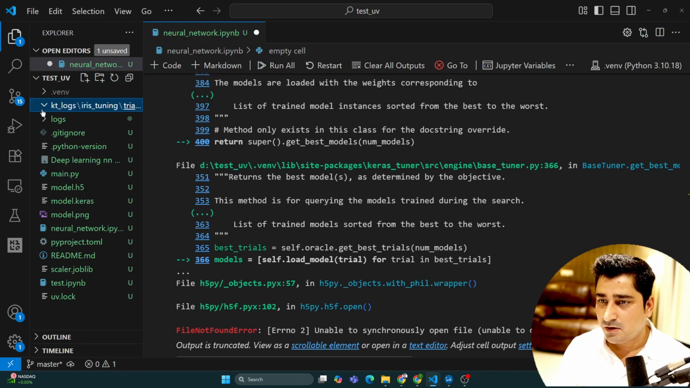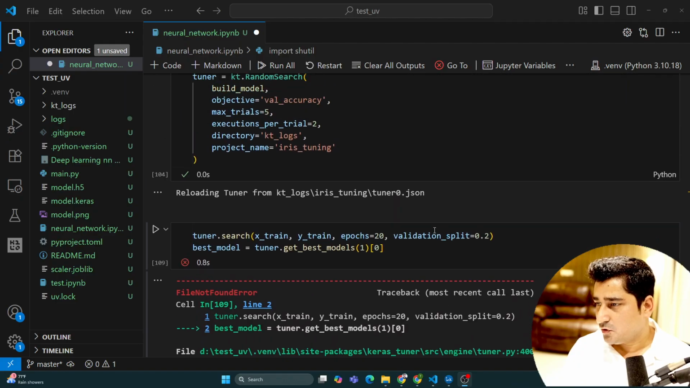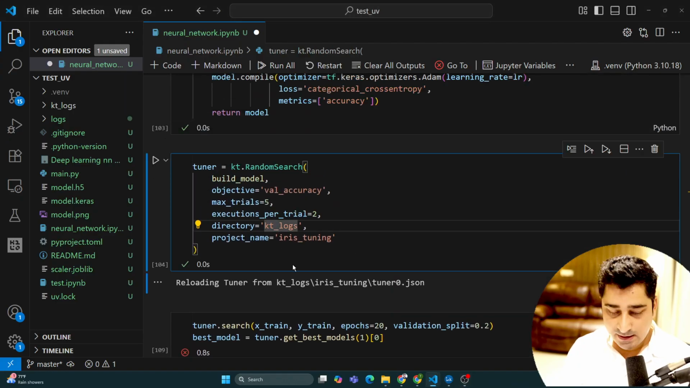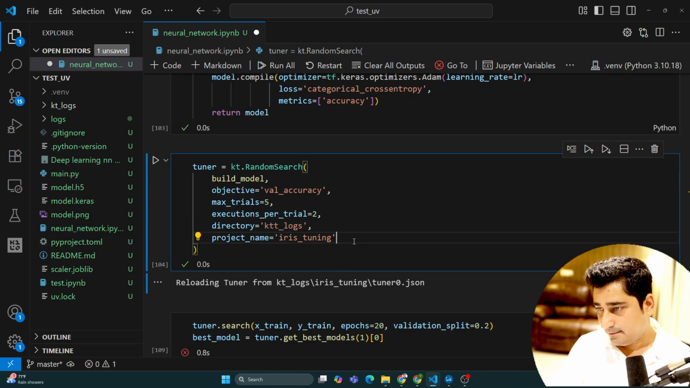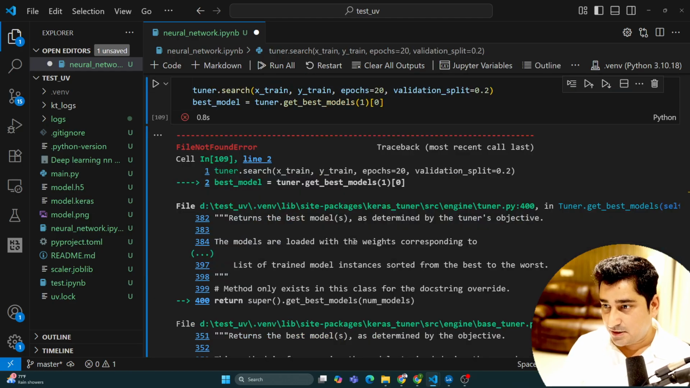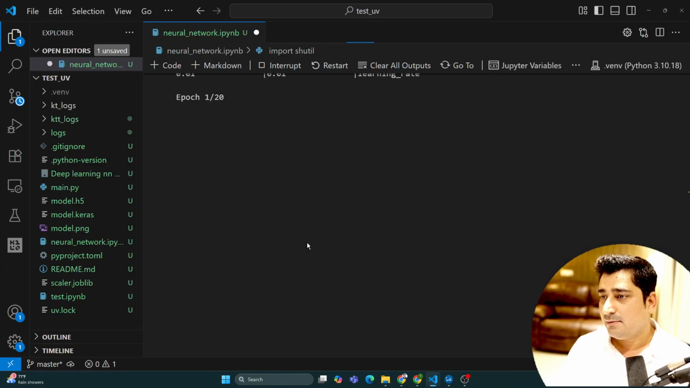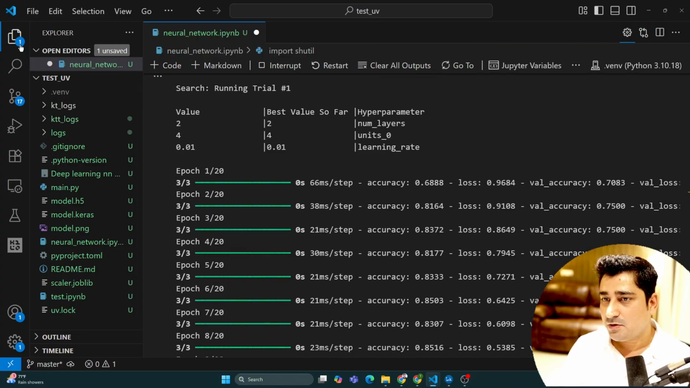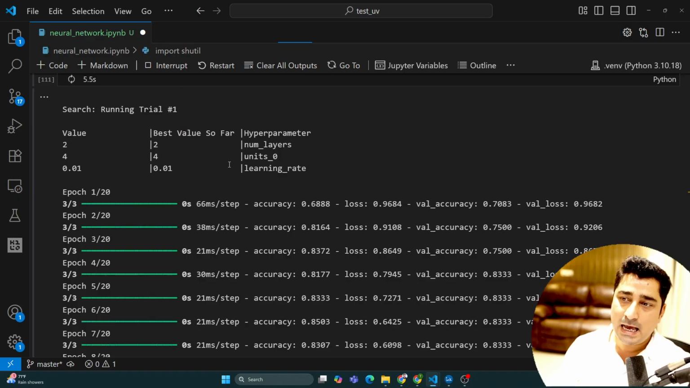Okay, so just because of this, guys, it is giving me an issue. Let me fix that issue, by the way. To fix this, maybe I can change my directory name. So KTT log, I can say this one, because this directory is not available. Now, once I execute it, you must be able to see that it has started training, and